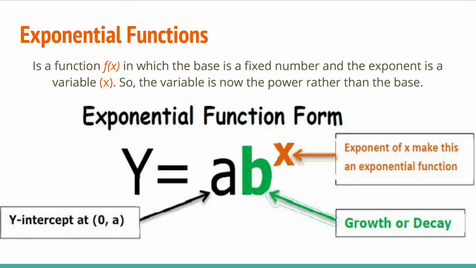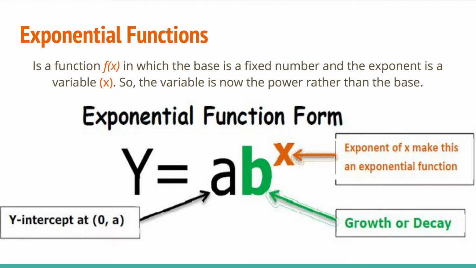An exponential function is a function of x in which the base is a fixed number and the exponent is a variable, so the variable is now the power rather than the base. In the exponential function form, y equals a b to the power of x, a represents the y-intercept, b stands for the growth or decay of the function, and x, the exponent,